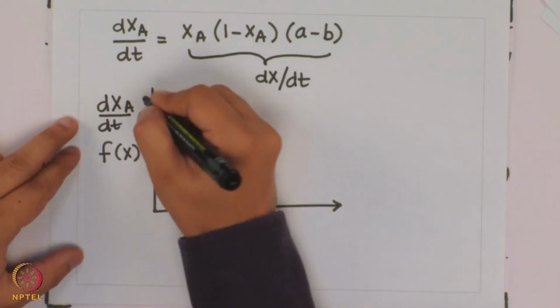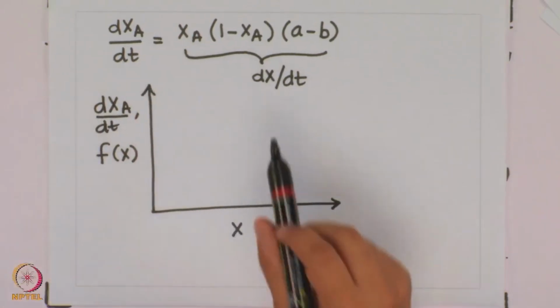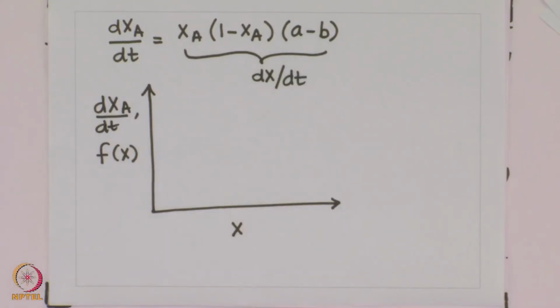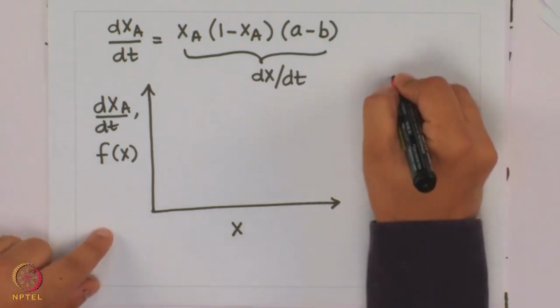But the nature of this graph that we have for this situation is actually going to depend on the parameters associated with this model, which are the individual growth rates of the two species A and B. If A is greater than B, then I am going to have one particular shape of the curve, but if B is greater than A, I am going to have a different shape associated with the curve. So I need to analyze this system differently depending on whether A is less than B or A is more than B. So what we are going to do is, for the case A greater than B,